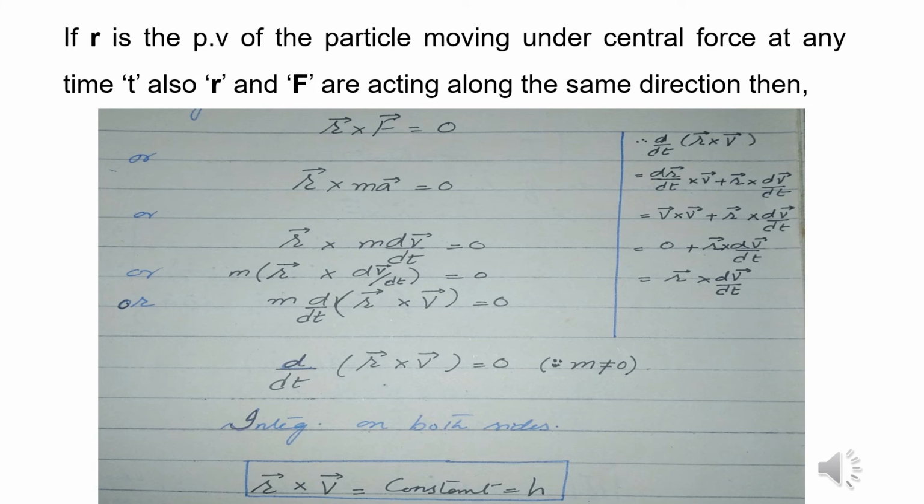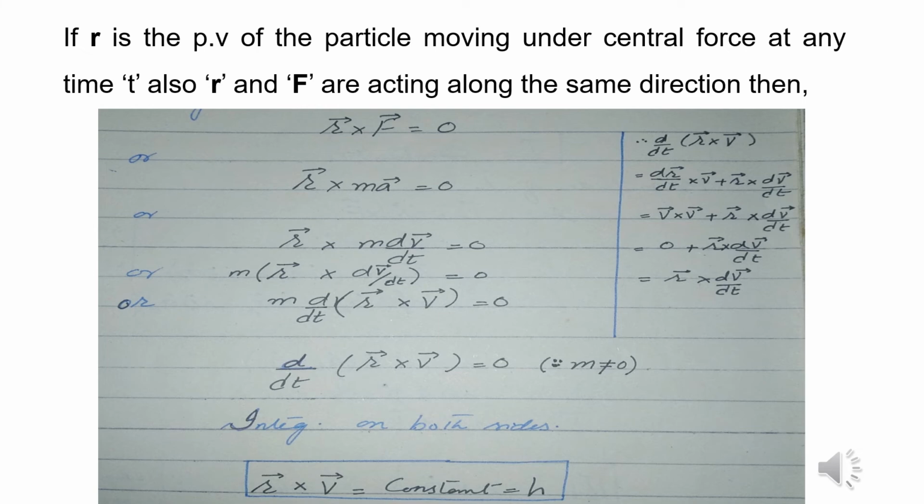Now substituting the value for force, F is equal to ma, we get r cross ma is equal to 0. Substituting the value for acceleration a, that is dv over dt, we get r cross m dv over dt. As mass is constant, taking it out of the bracket, we get m into r vector cross dv over dt, bracket close, that is equal to 0. And taking the differential out of the bracket,